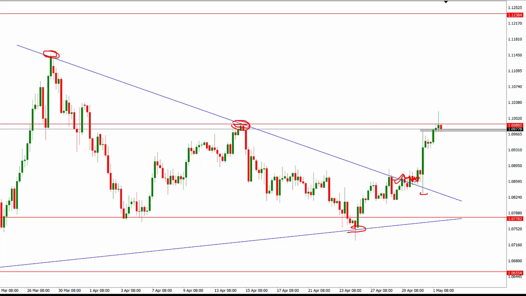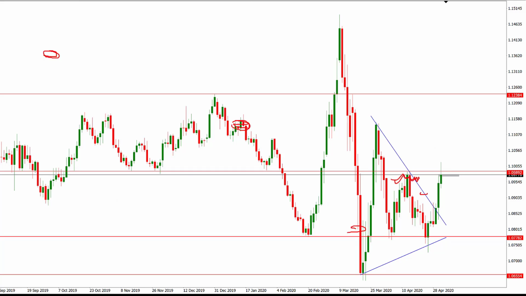I'm going to show you that on the daily chart. There's the daily chart right here. You can see the rejection right here. We have a rejection right here, a rejection at this swing right here, dated back to the historical record. In fact, a lot of a series of rejections at this key level. It's a strong key level that the bulls have to break out of before we can see if there's a possibility for price to retest the next swing high of the Euro USD, which lies at